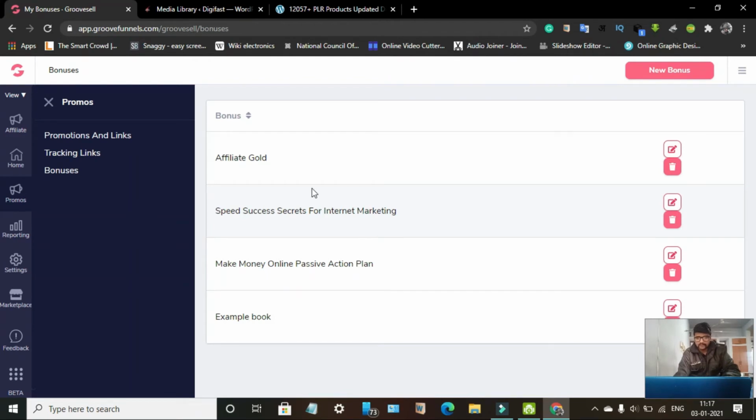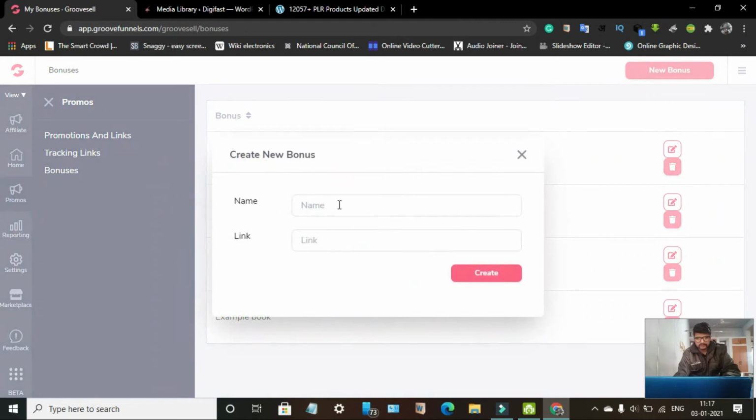Okay, so in this case we are setting a new bonus. Just click new bonus and give it a name, a title. You can give it anything, but the actual name of your book will be appropriate here. In this case I am entering affiliate gold because the name of this book is the same.